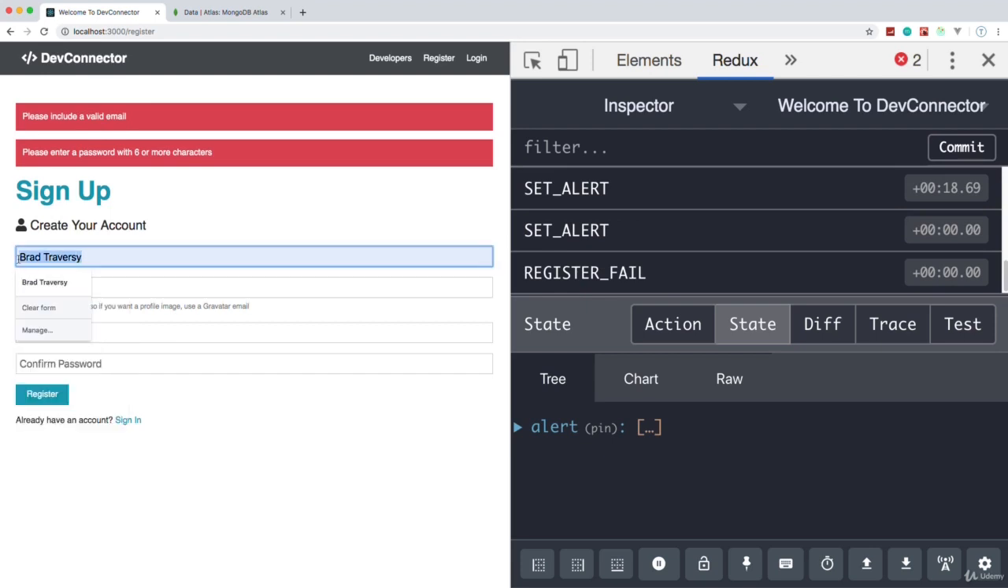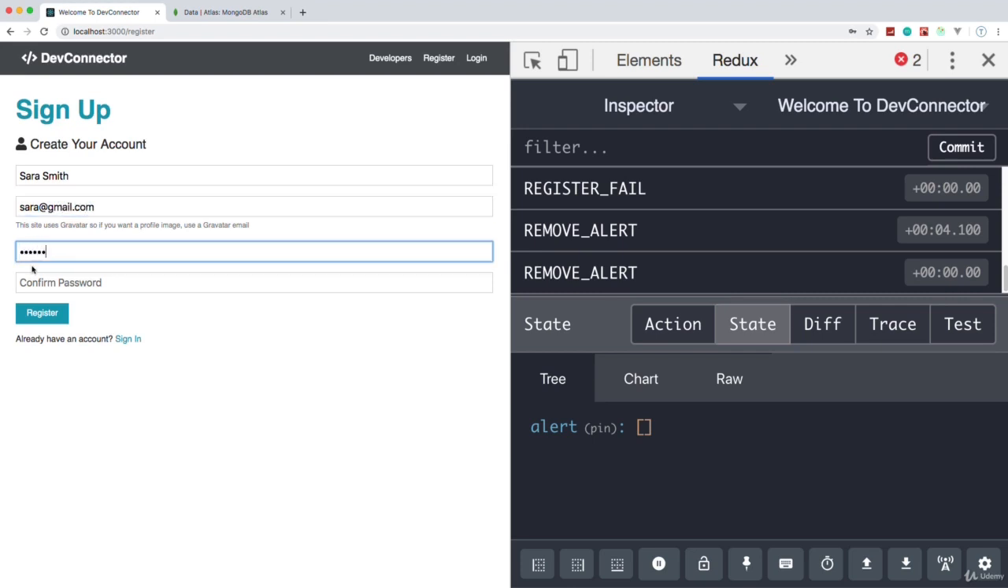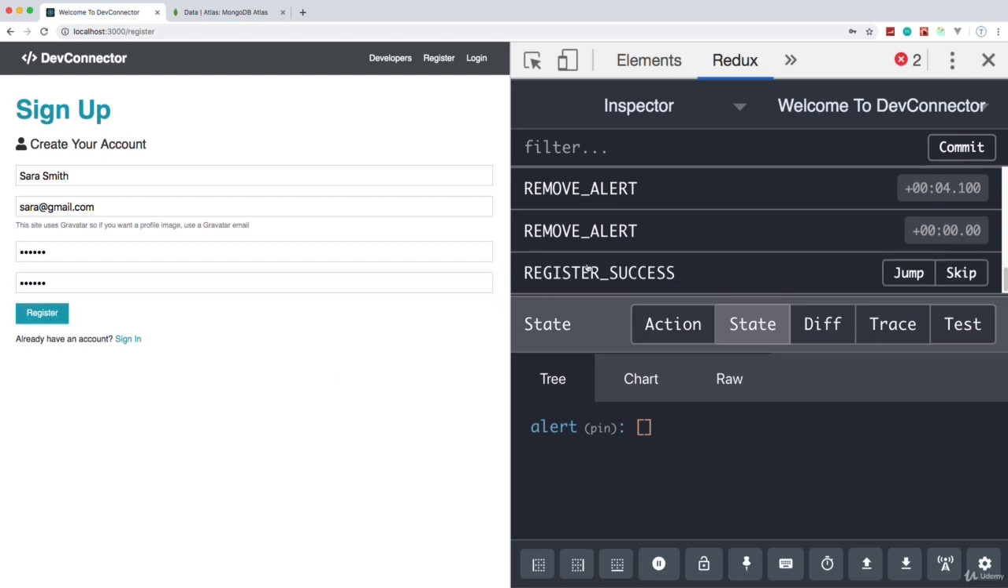Let's put in, actually let's register a user. So we'll do like Sarah Smith, say sarah@gmail.com, 1 through 6, and register. Okay, so we get register success over here, and